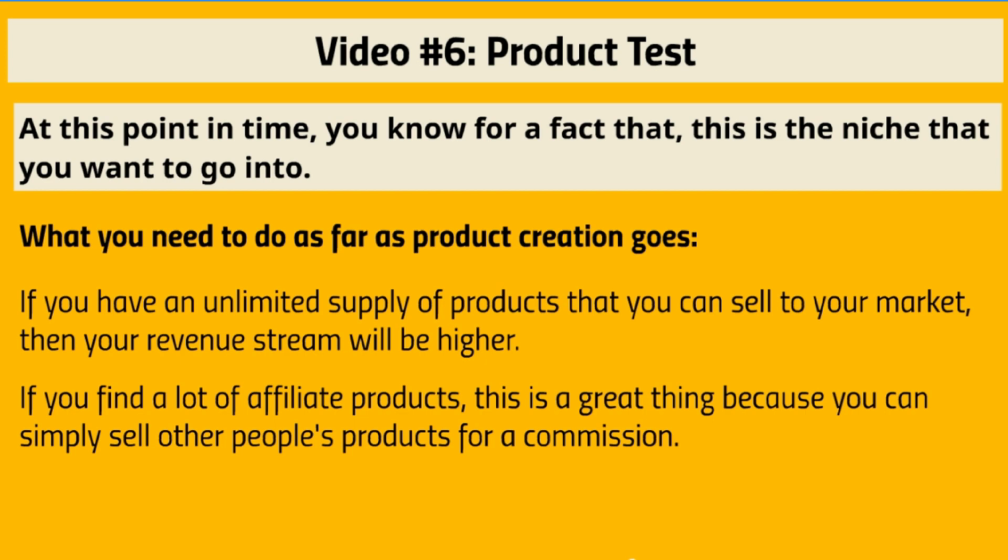The downside is you only get half of the commission. Now, if you create your own product, obviously, you get 100% commission. So you are the vendor, so you get 100% of the product. Now, that's the nice thing about products, but product creation definitely does take time. And a shortcut to that is what we call private label rights products.